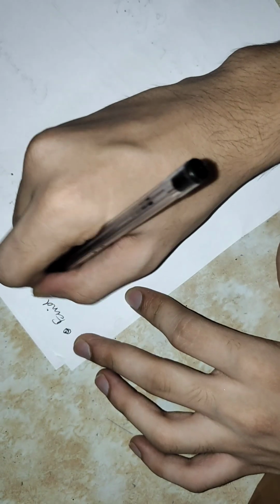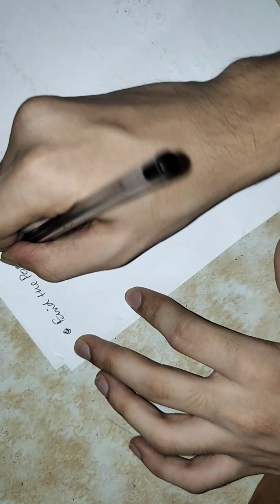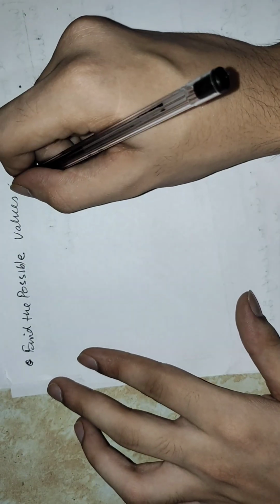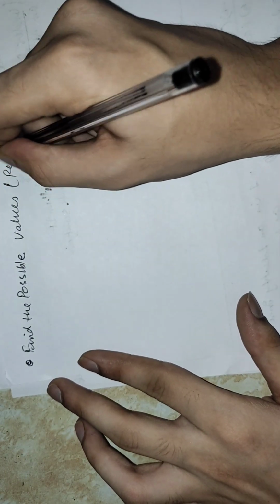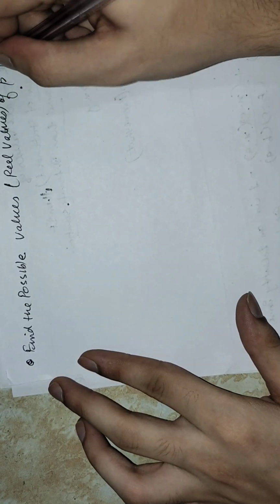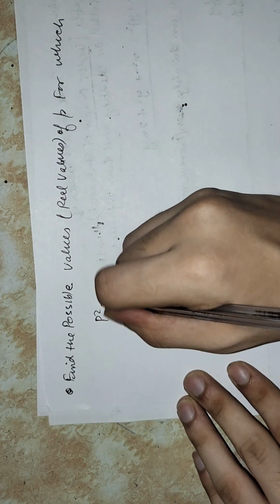Now find the possible real values of p for which p square minus 3p